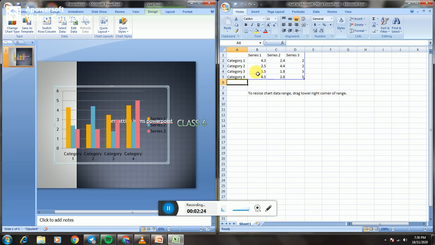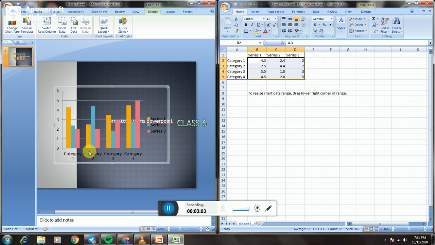Data series are the bars, slices or other elements that show the data values. Category names. The category names are the labels displayed on the x-axis and y-axis. Plot area. The plot area is the window in the chart area. It contains the actual chart itself and includes plotted data, data series, and the category and value axes. Legend. It depicts the colors, patterns or symbols assigned to the data series.